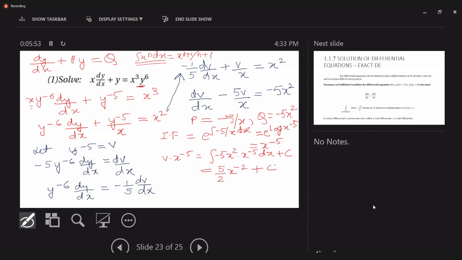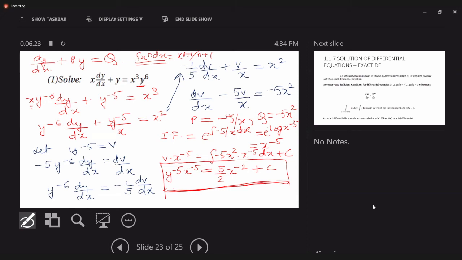Plus c. Now see, we had put y raised to minus 5 as v, isn't it? So we have to resubstitute. So we write y raised to minus 5 into x raised to minus 5 is equal to 5 by 2 x raised to minus 2 plus c. And that is the solution which we have obtained. Is the idea clear to you? Yes, ma'am. Now I kept telling you in the previous class, once again I will repeat,